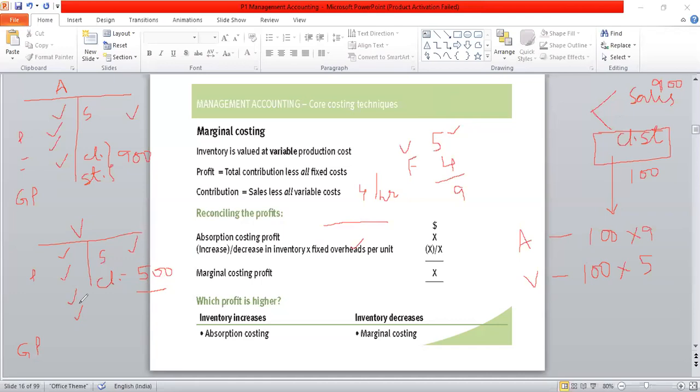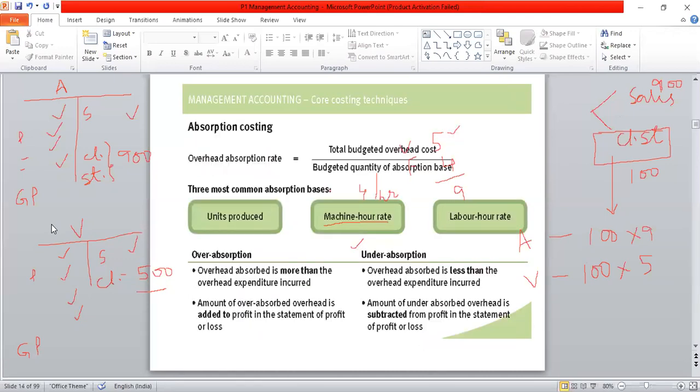So there is a difference in the profit which is earned under absorption costing and variable costing. So first thing, what are the assumptions of absorption costing? We started on that note. How is absorption costing prepared? Is absorption costing in the cost statement,